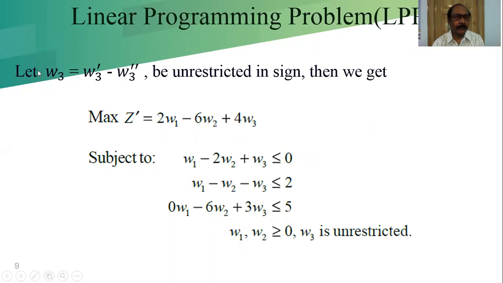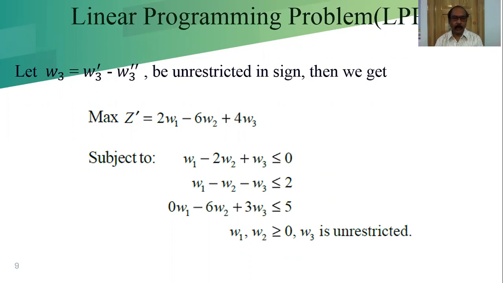Combining these two variables, W3 dash minus W3 double dash, these two are greater than equal to 0, satisfying the non-negativity condition, and we are considering W3 equal to W3 dash minus W3 double dash to be unrestricted in sign. Then we get maximize Z dash equal to 2W1 minus 6W2, and combining W3 dash minus W3 double dash, we will get 4W3, subject to the constraints